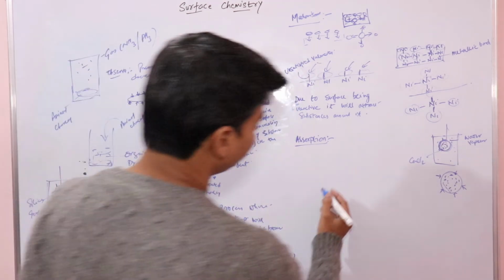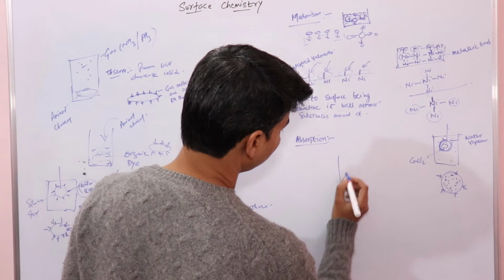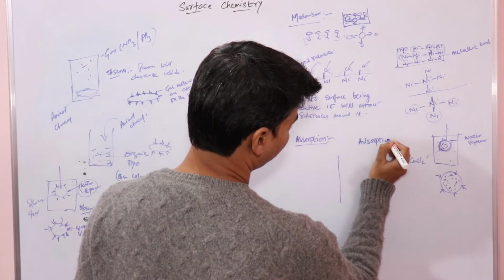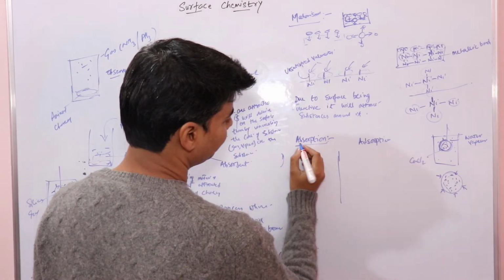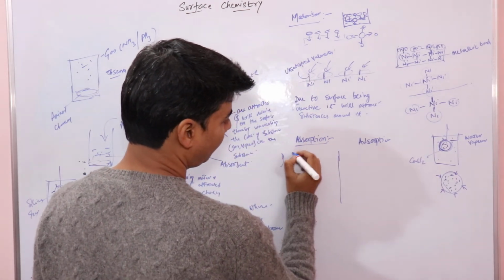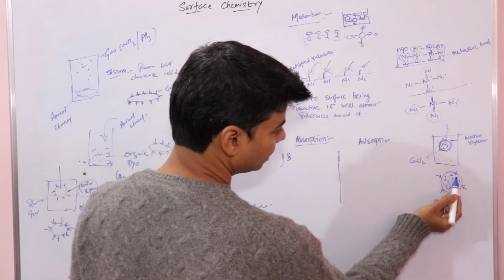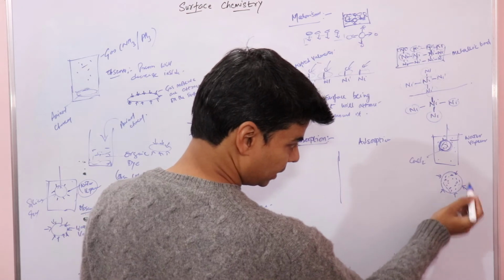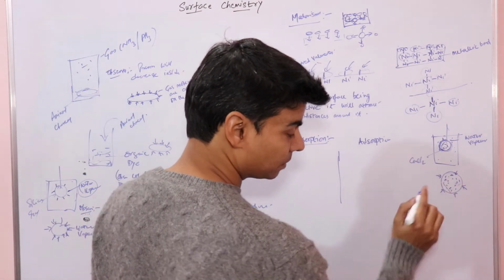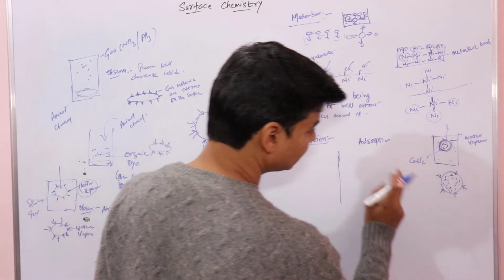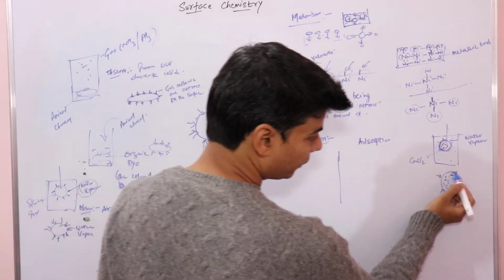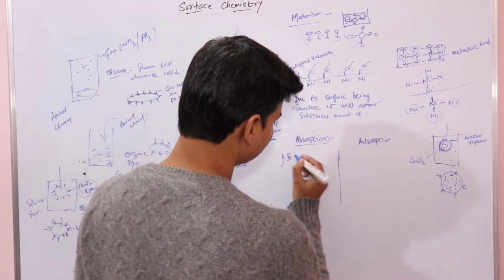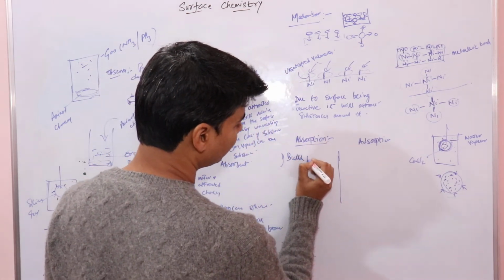So there are some differences between adsorption and absorption, right? First is absorption. This is a bulk phenomenon, since in this case the substance will move inside. In this case we have taken water vapor. Water vapor will move inside the bulk of this substance, right? So we call it a bulk phenomenon,